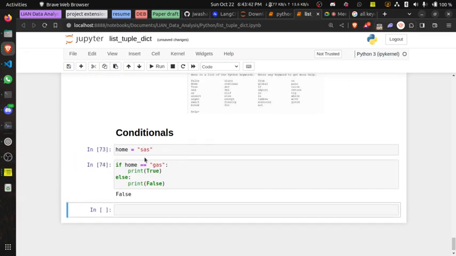Now let me go over it and explain what I've just done. So the way Python works is you have to write an if statement, if else. So if, space.